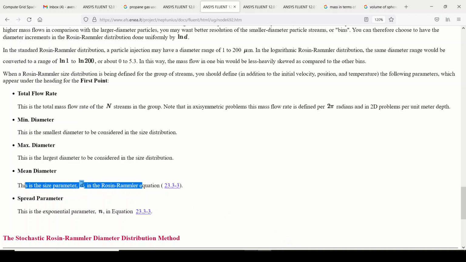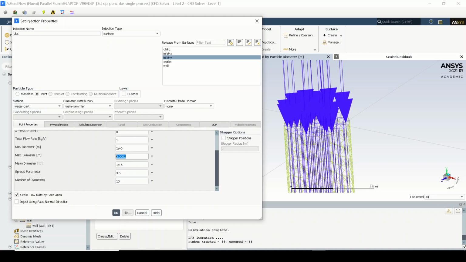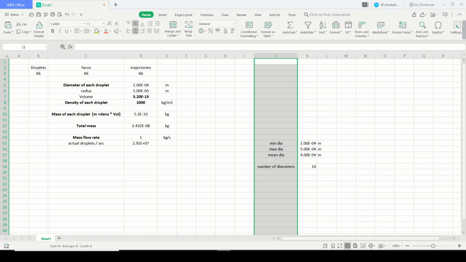So all these things should be supplied by the user. Okay, the software cannot interpret. Depending on your case, you have to decide, right? Now as an assumption, or as a sample simulation, I'm just considering these values. Okay, the minimum value will be 1